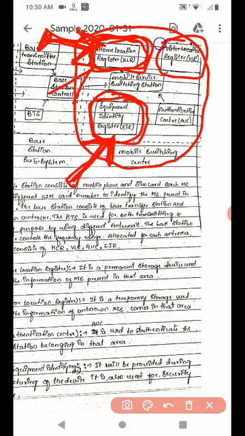The next one is VLR, visitor location register. It is a temporary storage. For example, if any unknown MS is entering a particular area, that mobile station address will be stored in the VLR, that is the visitor location register, just like a temporary storage.